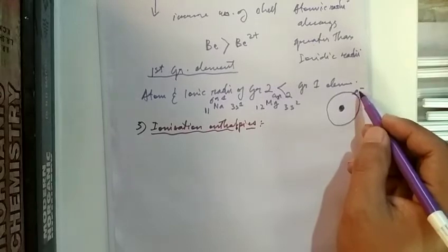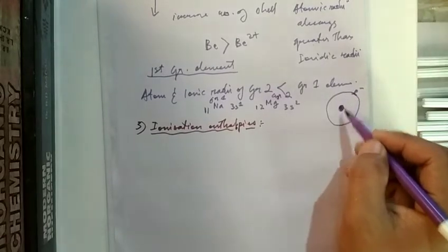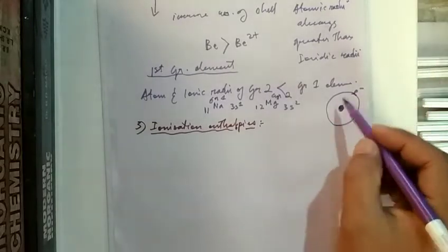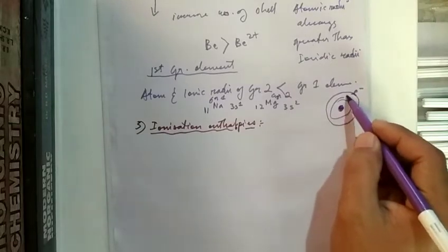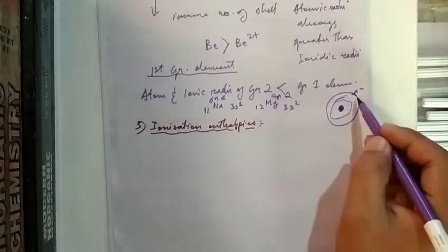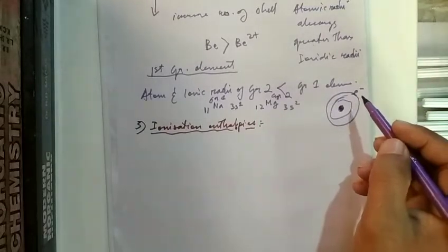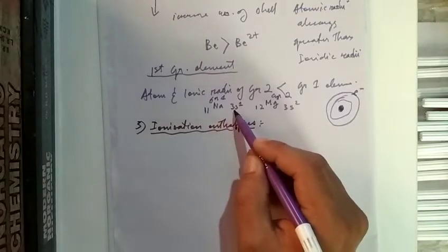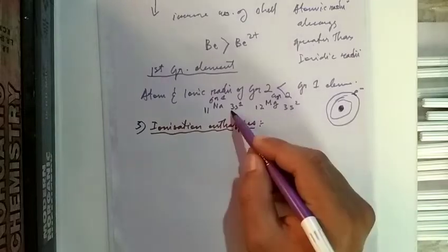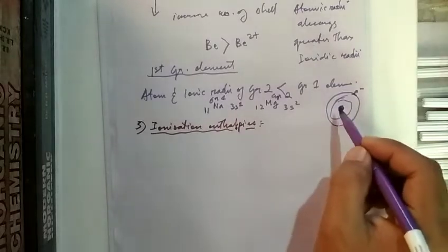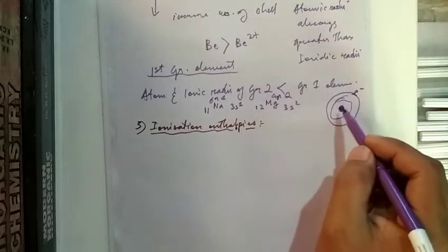So the proton will tend to pull the electrons towards itself. The more protons, the more attractive force. There is also a shielding effect, but if there are more protons, in this case 12 for Mg, it will pull electrons more. Sodium has atomic number 11 and 11 protons. Just check, they have the same shell, the third shell, so the shielding effect will be similar.